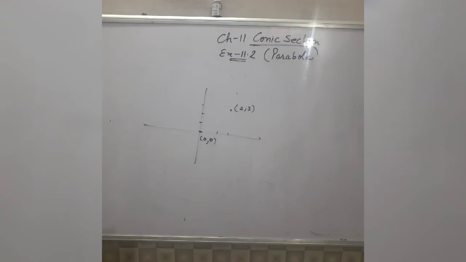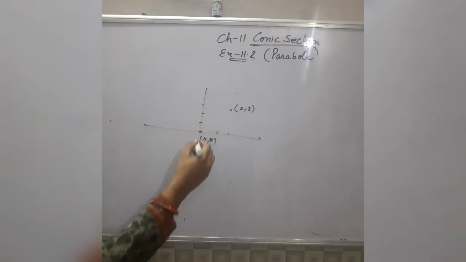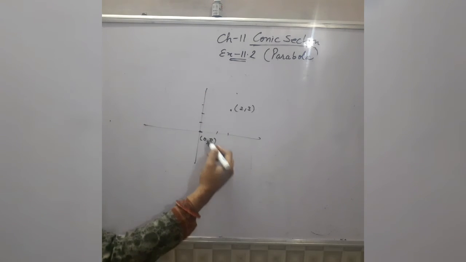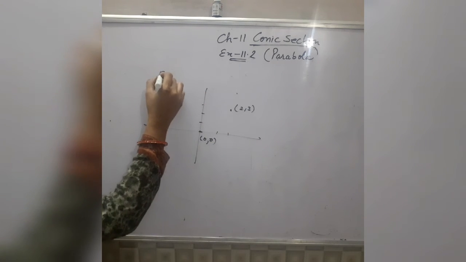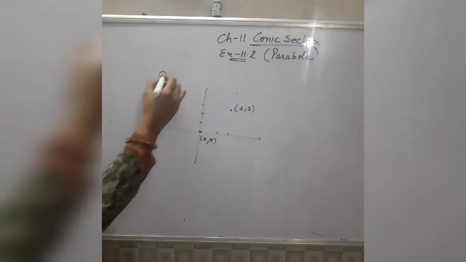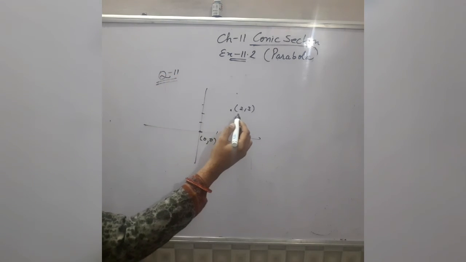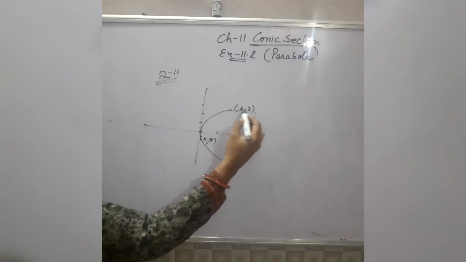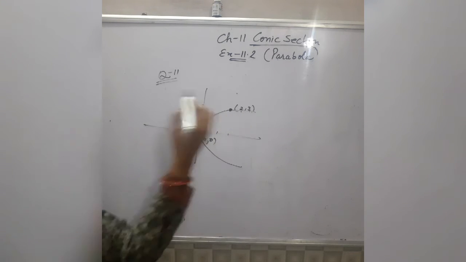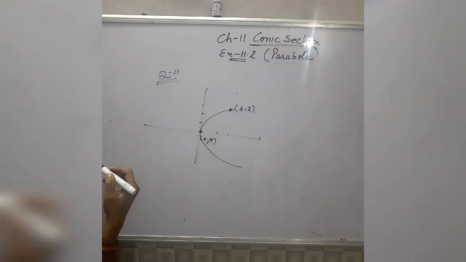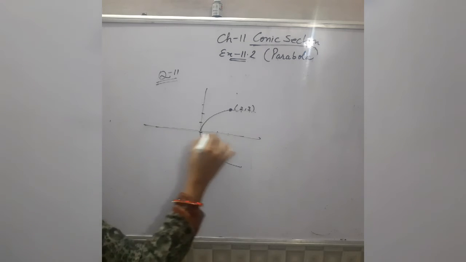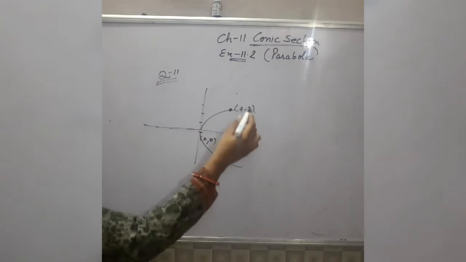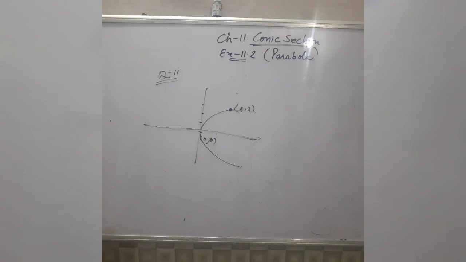So see furthermore what is given to you. Axis is along the x-axis. For an upward parabola the axis is the y-axis, but for a right-handed parabola the axis is the x-axis. Now in the statement, the axis is the x-axis. This is given to you. That's why in place of an upward parabola, you will take a right-handed parabola. The vertex is (0, 0) and the axis of this parabola is the x-axis, so we have a right-handed parabola in this case.